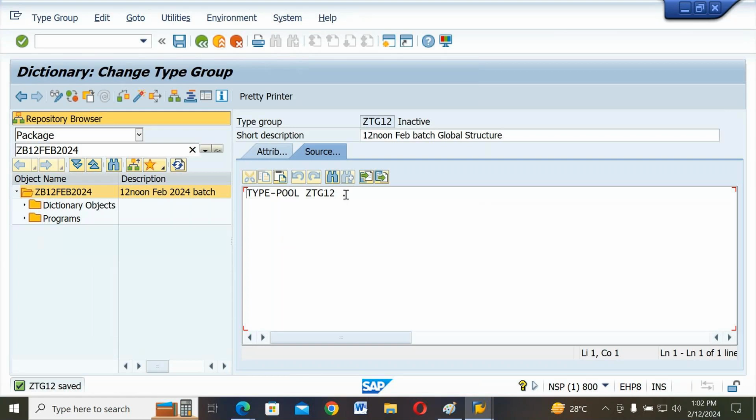So it shows as a type full. Okay. Now here I want to declare the item structure. So we can write like this: types colon begin of ZTZ12_item_type. Item type character 25,